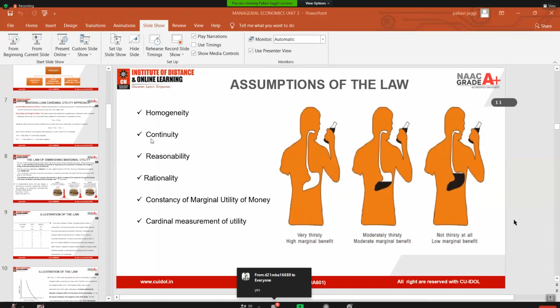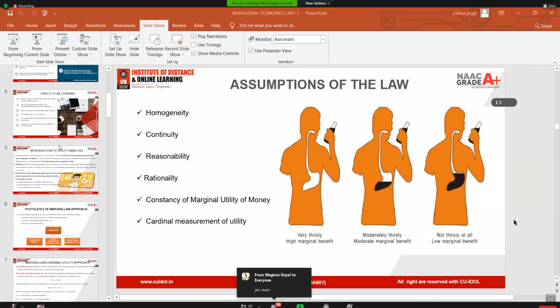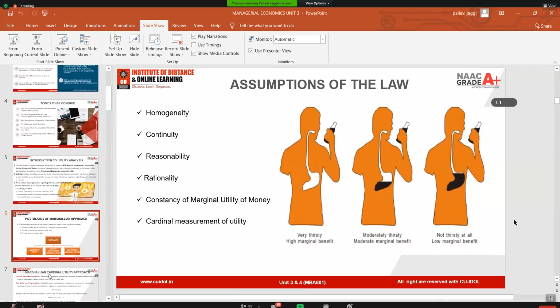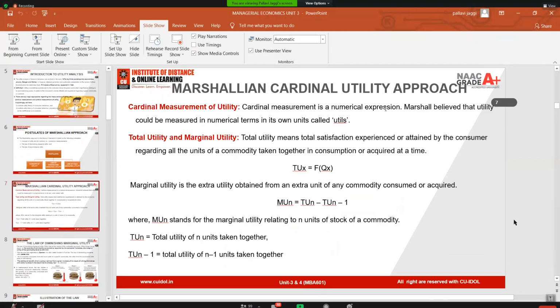Give an example of marginal utility of money. Okay, wait. You can take an example. Talk about anything you want to talk about, then I'll explain marginal utility of money. See, let's take an example, total utility. Are you very clear about the total utility concept? What is total utility? Yes or no? Write in the chat box so that I can explain marginal utility with respect to total utility.